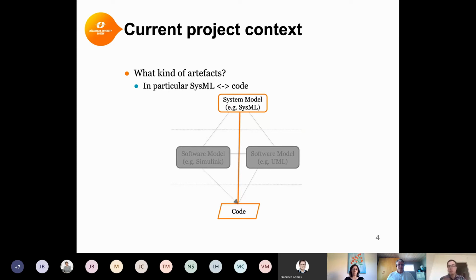But in general, of course, the system model can contain several different types of information, and it can also be expressed in different languages or formalisms. So now we look at SysML, but it could also be EAST-ADL or maybe UML with some additional requirements in some separate tool. And the same holds for the implementation, which can also be represented in different ways, for example, using software models in Simulink or AUTOSAR or something like that, from which code may then be generated or manually created, as is in our case. In this work, what we are focusing on is a SysML model and then implementation in C or C++ code.